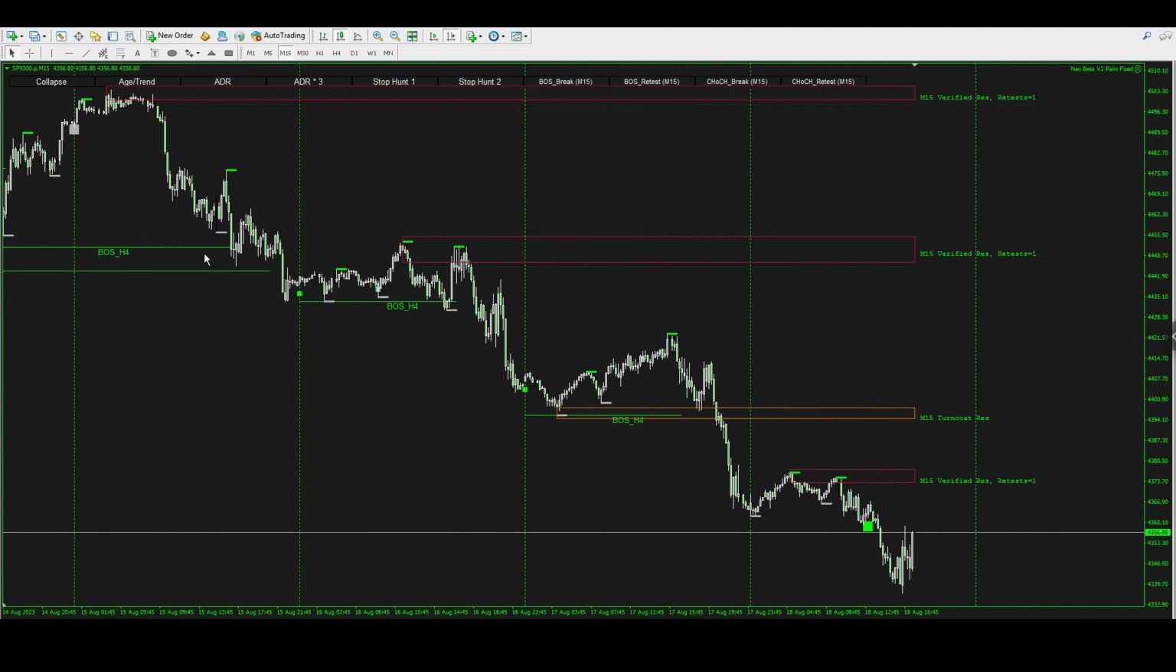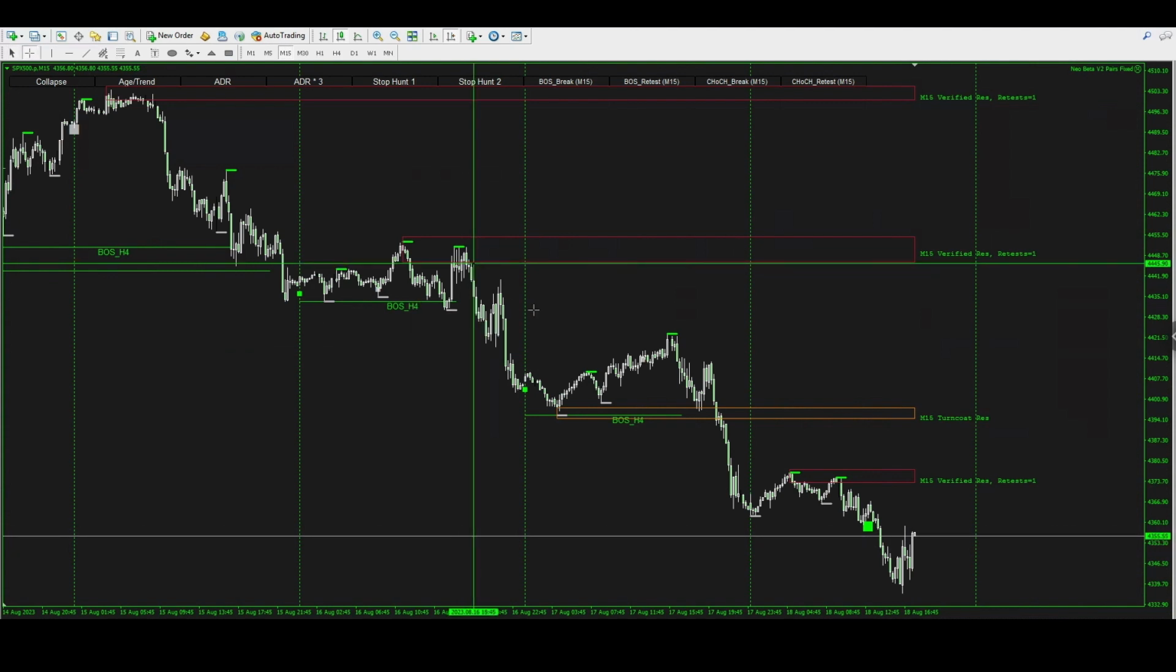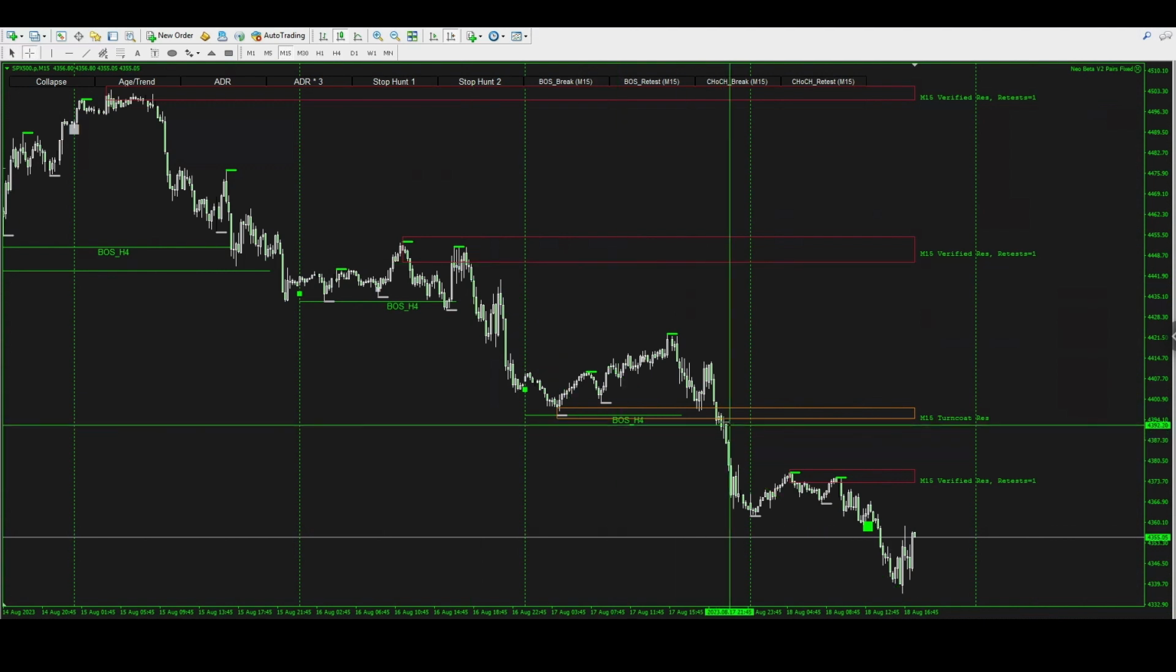So right now we can see there was a 4-hour break of structure here, another one here. Price action came back to this resistance level, and then there was a massive sell trade that went all the way down here. Now of course I'm not saying everyone's going to hold a trade like this. Sometimes some of us in the groups did,